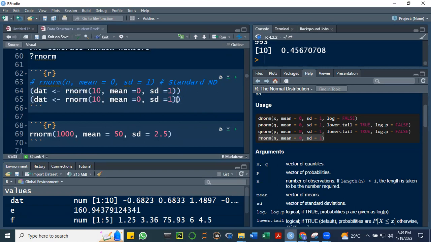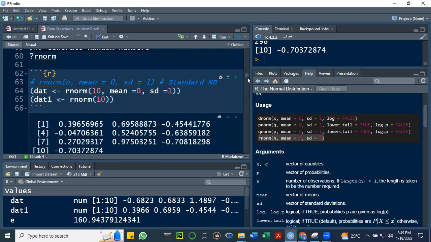And then if I don't include the mean equal to 0 and standard deviation is equal to 1, it will default to this. Mean is equal to 0 and standard deviation is equal to 1. So even if I don't specify that, and just run this, it will generate, let me call this data1, 10 randomly generated numbers,